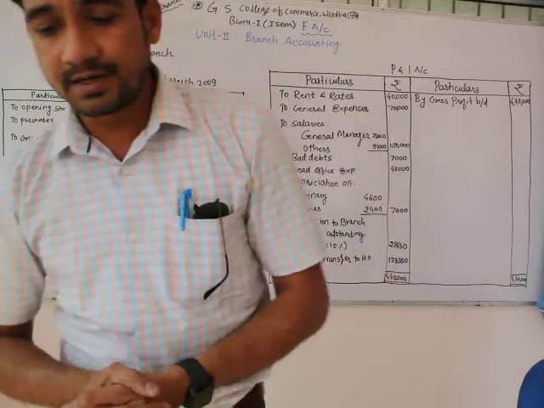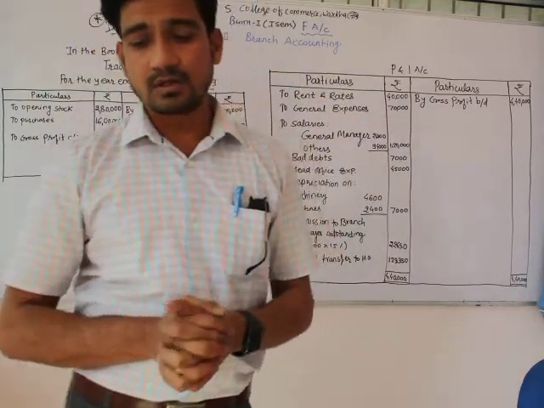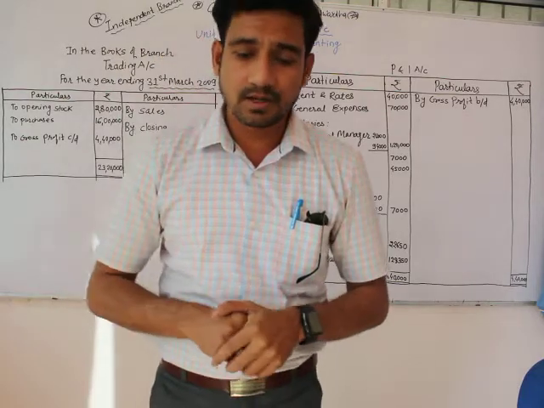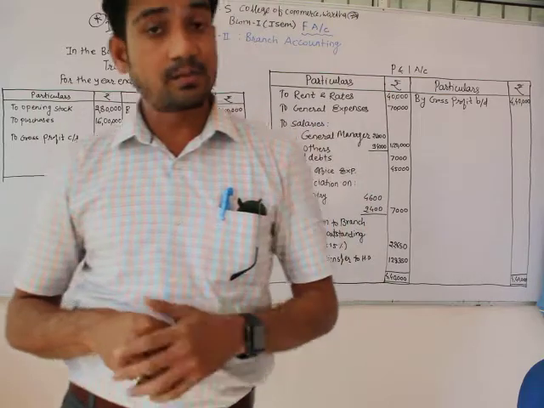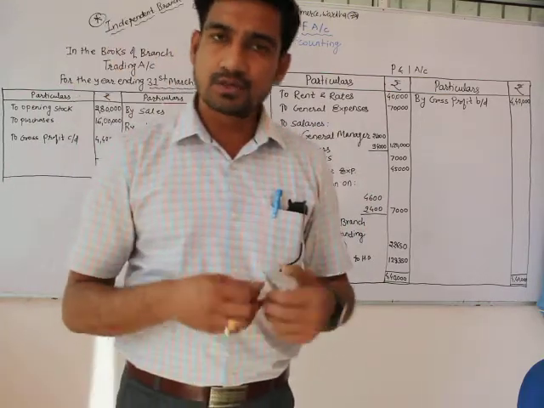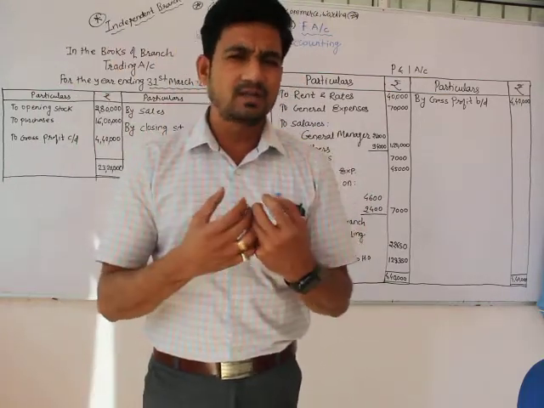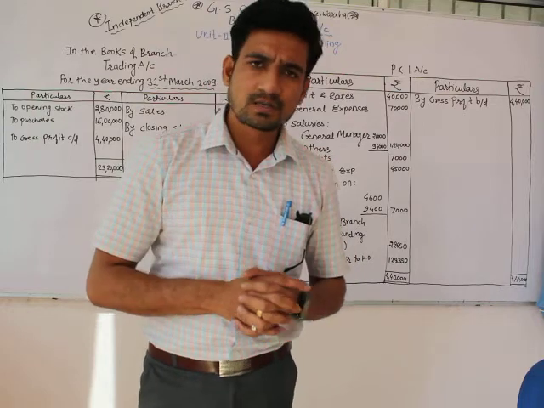On the credit side, sundry creditors, sales, head office account, all those things are at the credit side of this trial balance. This is a trial balance which had been given to us. Then I am going to read the next paragraph. First we will see what is the meaning of the information given to us,